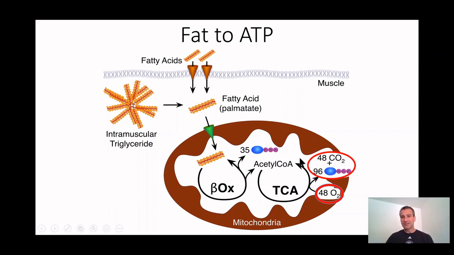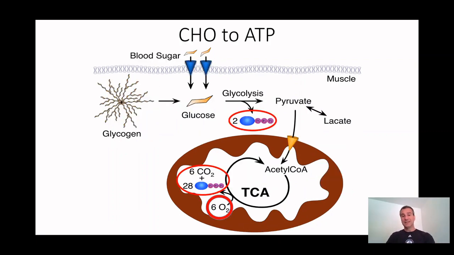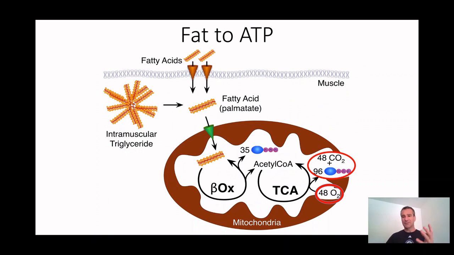But then you've got the acetyl-CoA, and just like the acetyl-CoA that came in from pyruvate, that now goes through the TCA cycle. But because we're not breaking down 6 carbons, which cost us 6 oxygens, we're now breaking down many more carbon bonds. From the 6 carbons that we broke down from sugar, now in this triglyceride we've got 18, 18, 18. So in this example, you're not going to get fully all of the acetyl-CoA, but you'll get 48 acetyl-CoAs essentially coming through there.